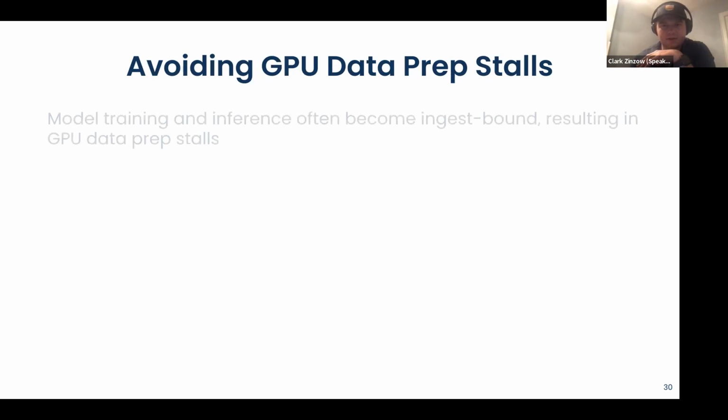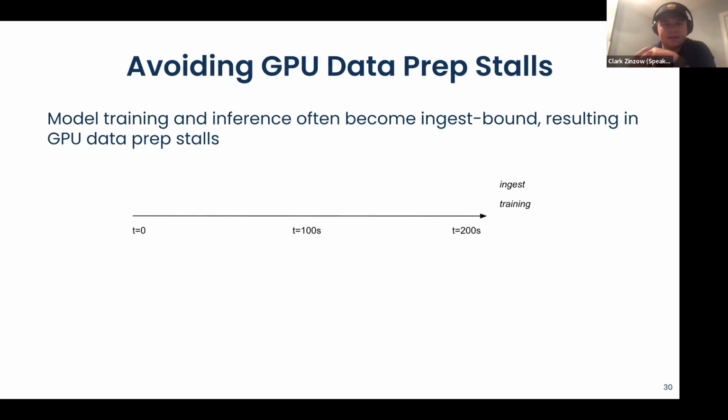And then what are these GPU data prep stalls? As I mentioned, often when you start up your training pipeline, your trainers are just going to be sitting there waiting for ingest to finish, if you're doing training synchronously with ingest. For example, here we have this little ingest stage, and the entire time that ingest stage is going, the GPU is idle.